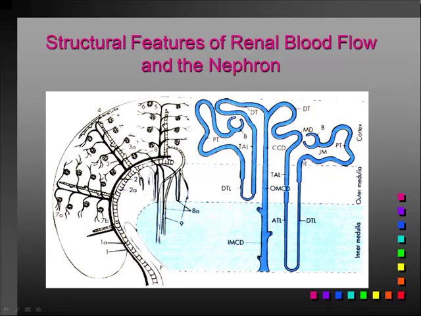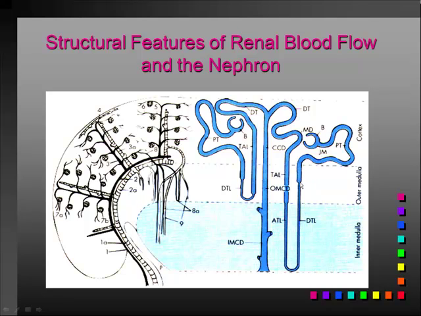Then it begins to go down from the cortex to the outer medulla. This dashed line right here represents the cortex of the kidney. Then we have the medulla of the kidney, which can be divided into what's called an outer medulla and then an inner medulla. It's just deeper down. So we go from the Bowman space right here, proximal convoluted tubule, proximal straight tubule,